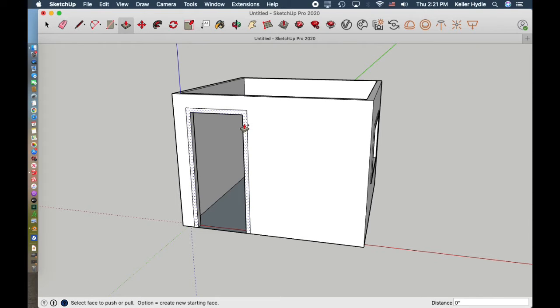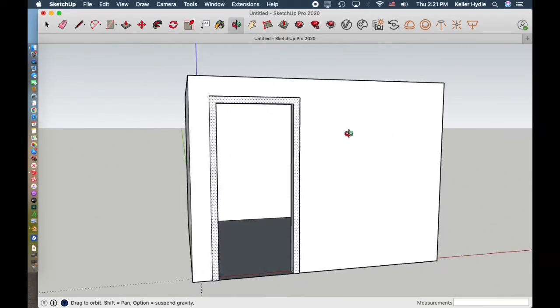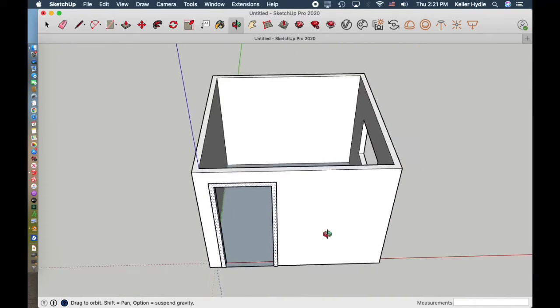And then P, option. You don't have to hold option, just press option after you press P, and then you have the extrude tool that makes trim. 1/2. There you go. Now you've got your door trim. So it looks pretty good, right? Yep, it's pretty good. Let's get to texturing now, and then maybe